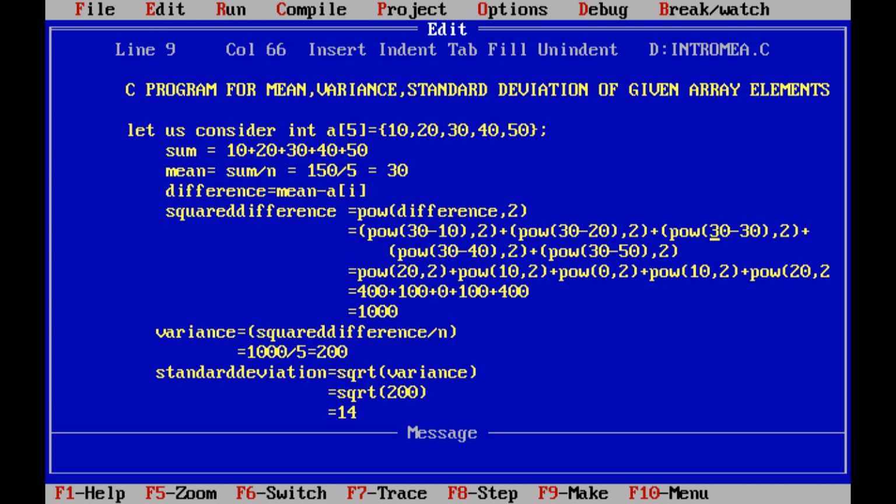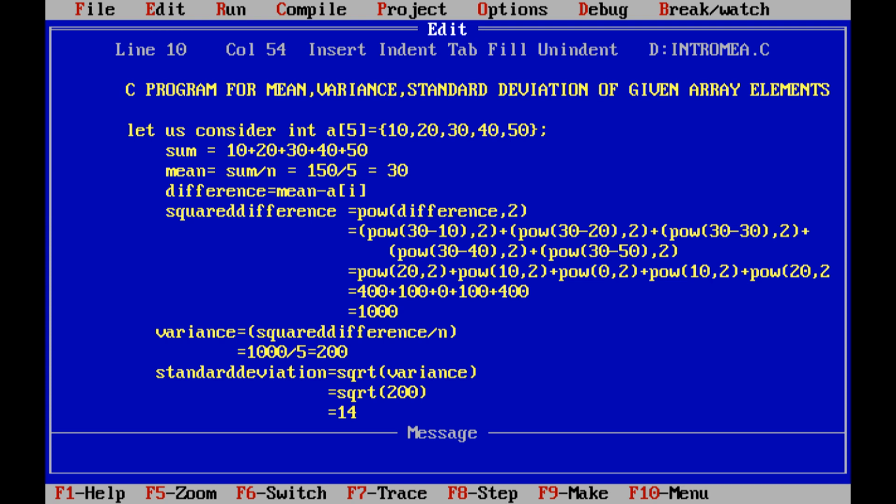So pow(30 minus 30, 2) plus pow(30 minus 40, 2). 30 is the mean value, 40 is the fourth element in the given array, plus the fifth element is 50, mean value is 30, pow(30 minus 50, 2).